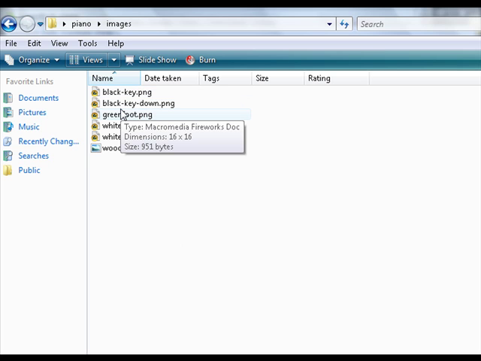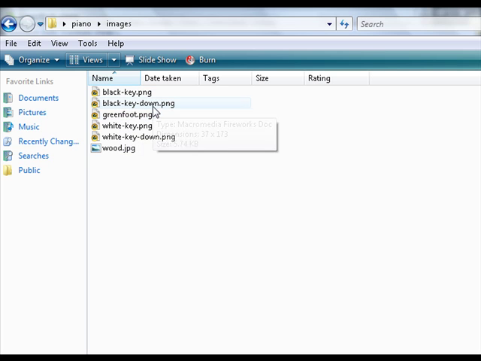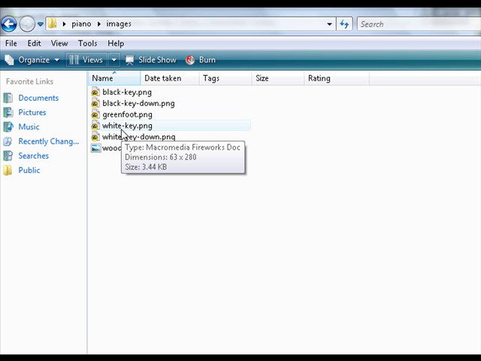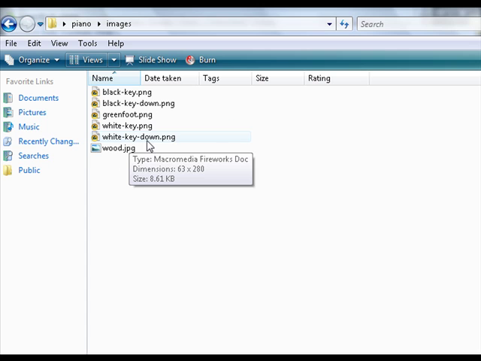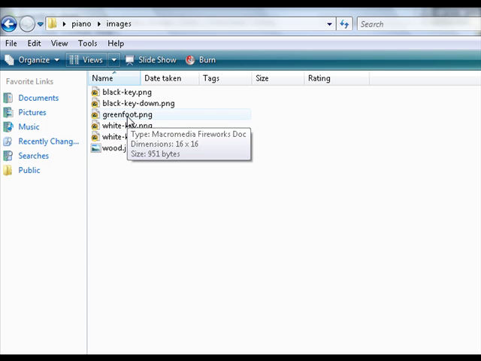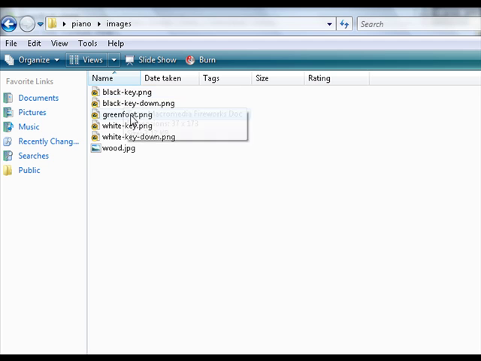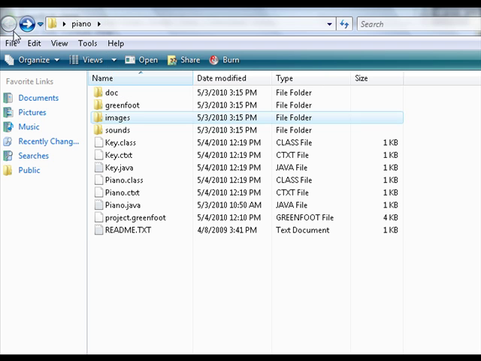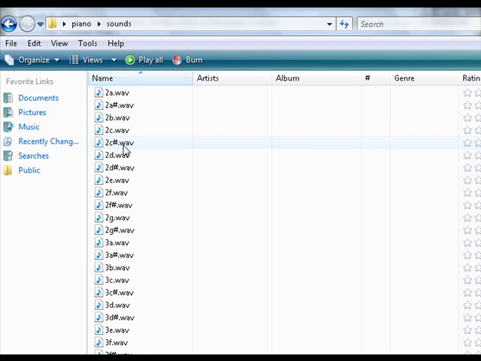One will be a black key being pressed in the down position, and just a normal black key. We also have a white key and a white key being pressed in the down position. Notice these are all lowercase spelling, so hopefully I won't have to come back and double check that. And in the sound files, the same is true, that we have all lowercase spellings. So let's see if we can't go back in here